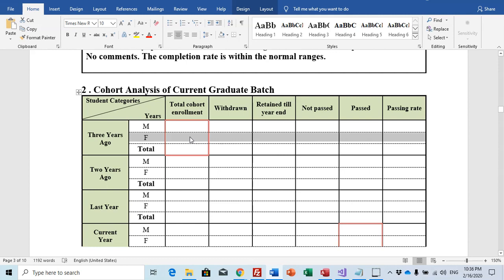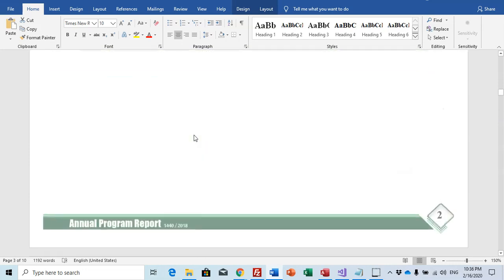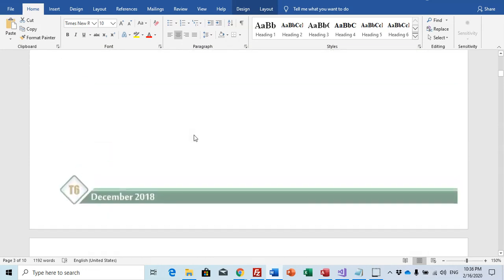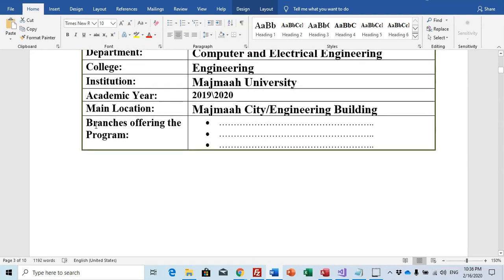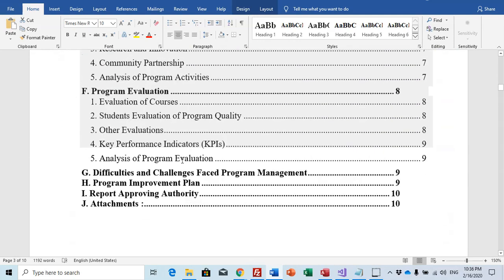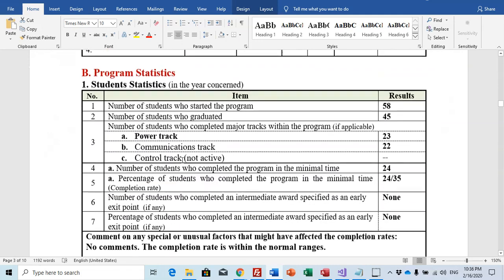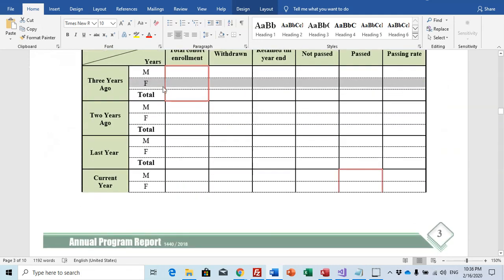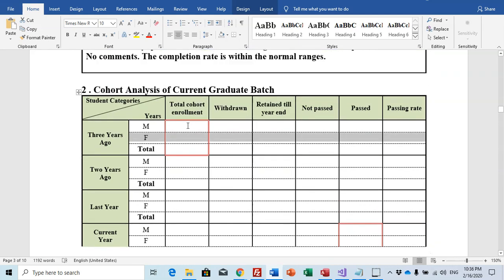But with only male batches it is easy. As you see, there are branches here, and you have the cohort batches. So if you have male and female, it should be specified here and also for branches.